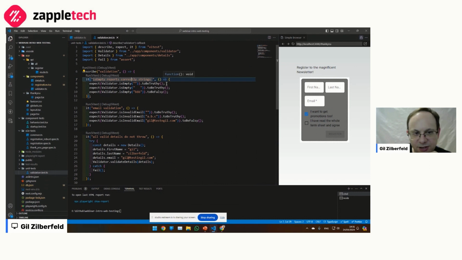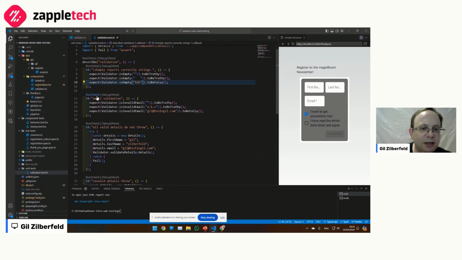Is empty. I can throw different types of cases on it and see what the result is. Same thing for email validation to see all kinds of things. And before I move forward, each one of these cases that I can write in a single test here, if I did it through the web app in Playwright, this would require starting over all the time or continuing from something, which will create not so clear tests. So there's a good reason for me to structure the code like that, and then the tests reflect that I can test just those small things.